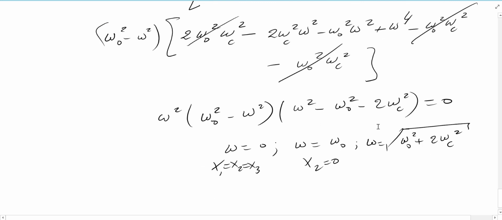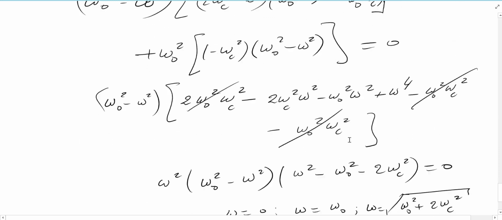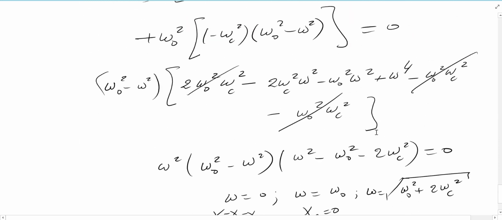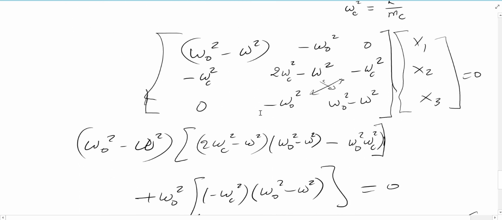In this mode, it's a little bit complicated in the sense that we should see that the two oxygen atoms will move one way and the carbon atom will move the other way to compensate for their motion, and there will be oscillations. And that is the mode that they want us to find. So let's see if this is exactly what it's going to give us. Again, we're going to take one of these equations. It doesn't matter. So we're going to take this equation, omega naught squared minus omega squared